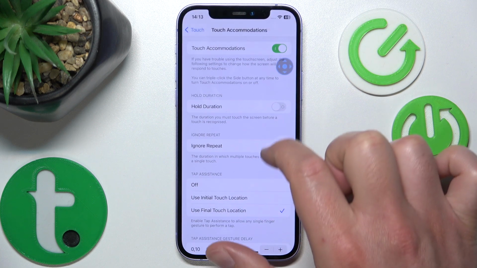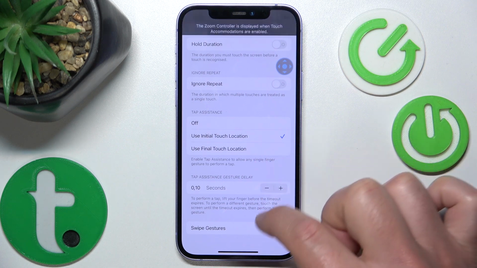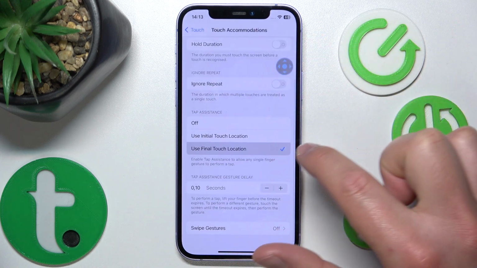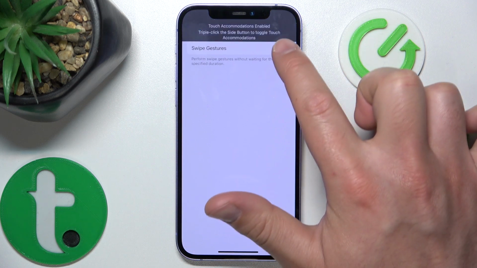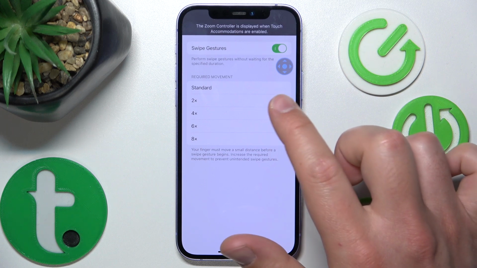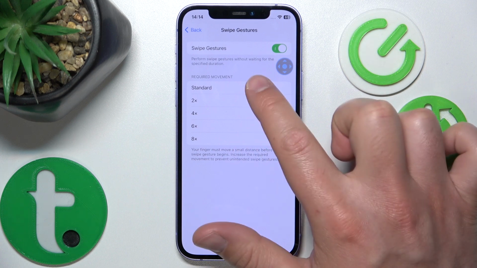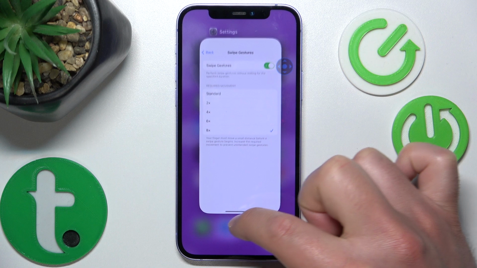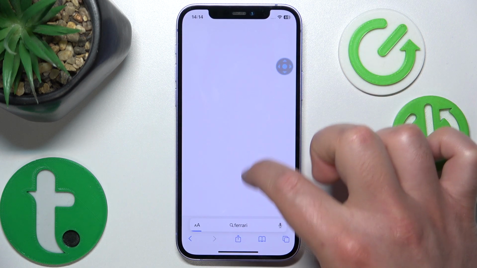Also, if you turn on the use final touch location or use initial touch location, you have something like swipe gestures. And if you turn this feature on, you are going to have something like required movement for performing the swipe gesture. So it means if you're going to set it to times X or standard, times X means 8 times the standard, and it means if you want to perform a swipe, like scrolling through the page, for example, your finger is going to need to travel